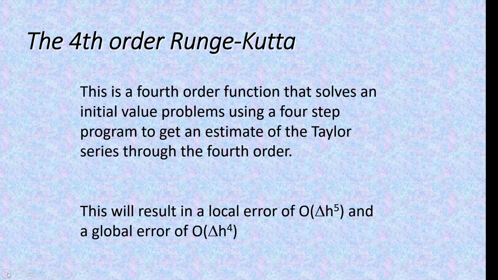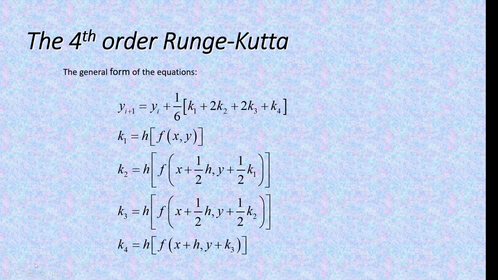The fourth order Runge-Kutta, or short form, sometimes denoted as RK4. Runge-Kutta was developed by two people. The 4 stands for the fourth order. So you have the fourth order Runge-Kutta method, compared to Euler. Euler is only first order, because the Euler method